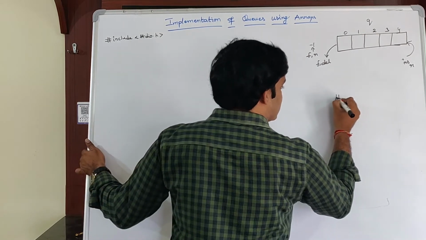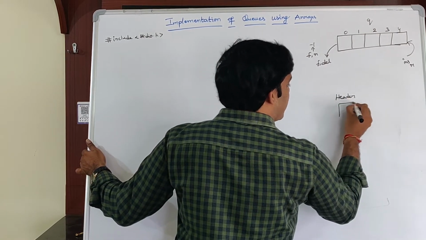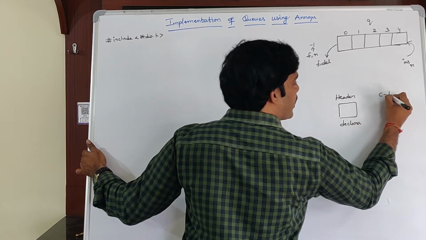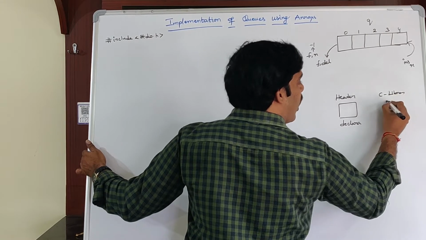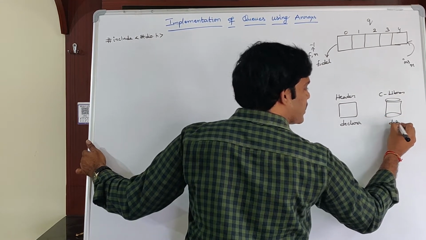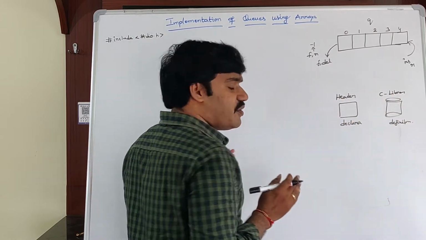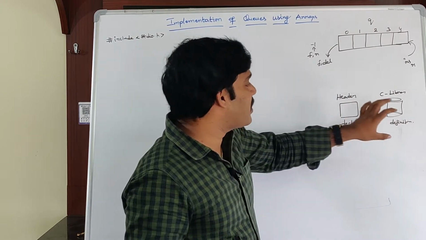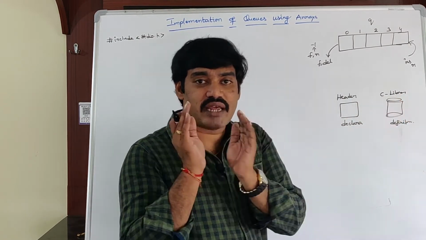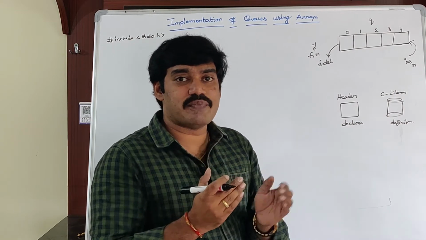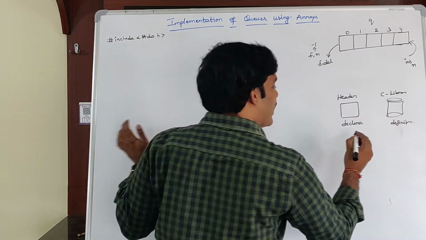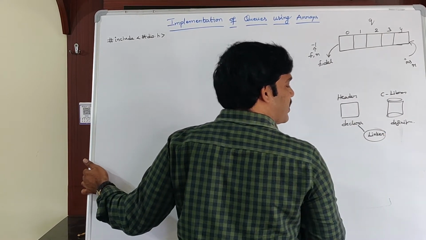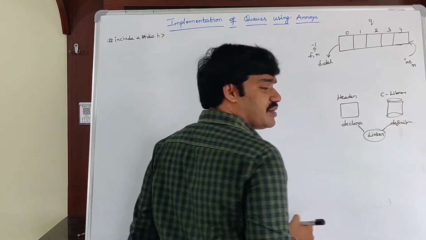Header files contain predefined function declarations, whereas the C library, separate libraries, contains all predefined function definitions. Predefined function declarations are available in the corresponding header files. All the predefined function definitions are available in standard C libraries. Then who will map these declarations with the definitions? Linker is a program which maps all the predefined function declarations with predefined function definitions.